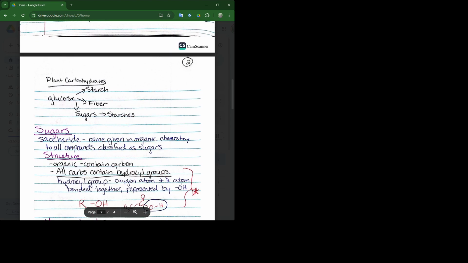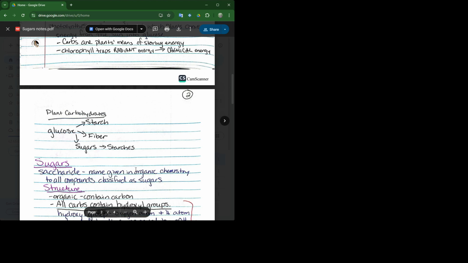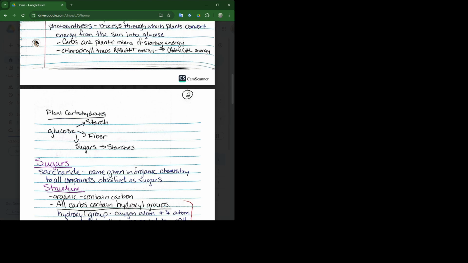Okay, so now I'm at another heading, sugars. And it says the simplest type of the carbohydrates are called sugars. In organic chemistry, the name saccharide has been given to all carbohydrates classified as sugars. Sugar was the common name used before organic chemists developed the naming system presently used to identify organic compounds. Okay, so from that one paragraph that's before our next subheading, really it's just defining what a sugar is, right? And what a saccharide is. So I have my saccharide key term